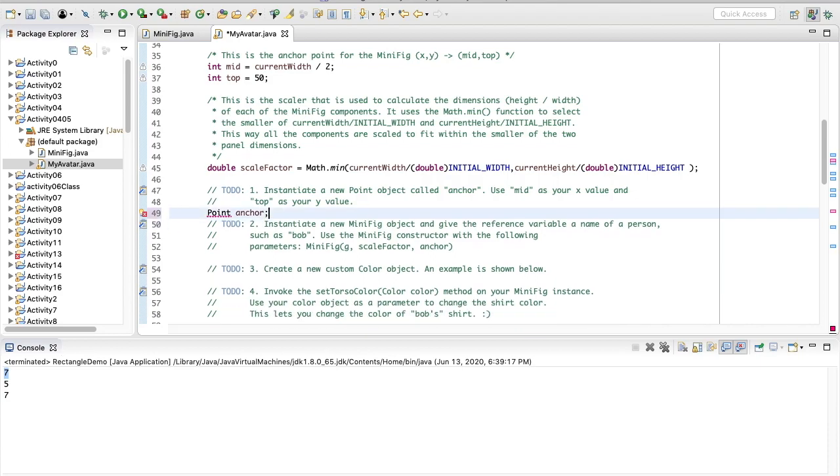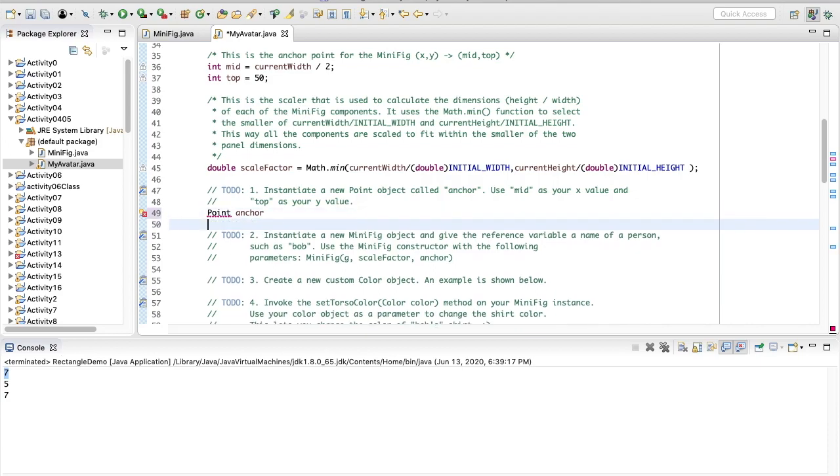I'm going to instantiate it though. It says instantiate, so that tells me I'm going to declare it and create or instantiate it at the same time. So use mid as your x value and top as your y value. Now, if you hover over this constructor here, it should pop up,